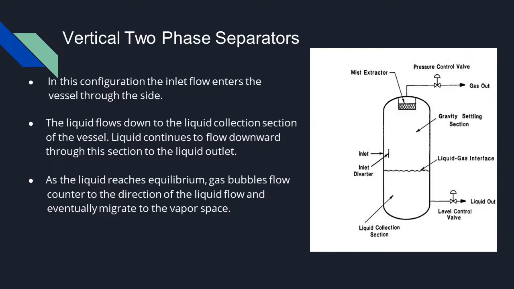And one more thing I would like to tell you is the functions of the inlet diverters, and some depth about the inlet diverter. A baffle plate can be a spherical dish, flat plate, angle iron, cone, elbow, or just about anything that will accomplish a rapid change in direction and velocity of the fluid and thus disengage the gas and liquid. This is basically the function of the inlet diverter.